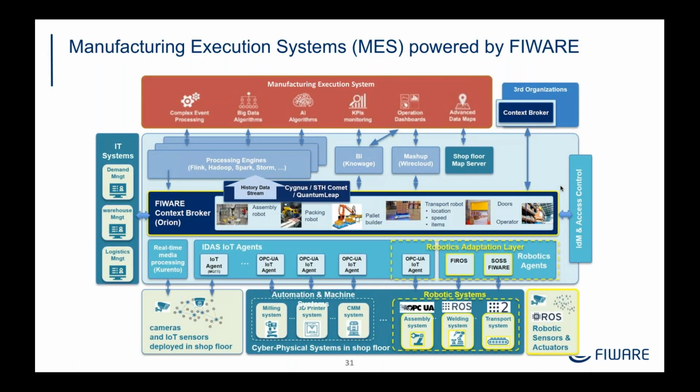As a third and final level of enlargement of the vision regarding robotics, we are working towards developing manufacturing execution systems based on FIWARE. Here the vision is that of modeling not only the systems that are part of the shop floor, which might be the machines, which might be the robots, and model their interfaces and bring a digital twin representation of the shop floor that is fully managed